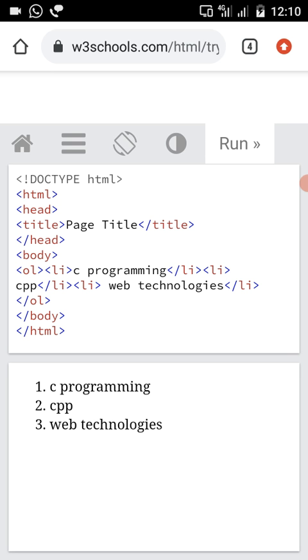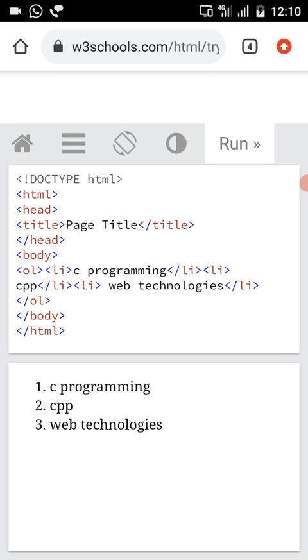As I said earlier, you can use the type attribute with the ol tag to specify the type of numbers you like. We can represent numbers in roman numerals as well as in alphabetical order. You can use uppercase numerals, lowercase numerals, lowercase alphabet letters, or else uppercase alphabet letters.